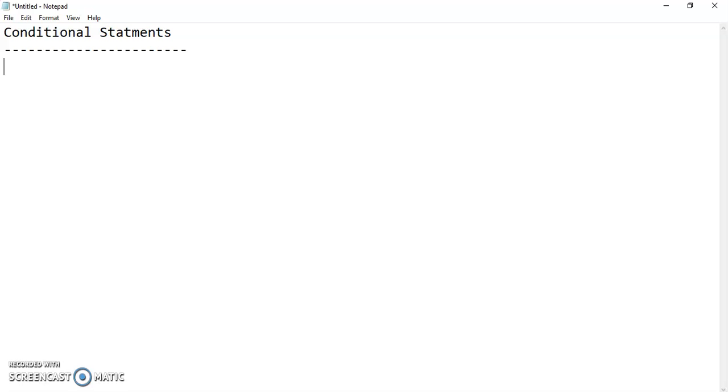So when we use conditional statements in Java, whenever we have to check any condition, we have if, else in Java, or we have something called switch case. To avoid multiple if else if statements, we can go for switch case. So let's see one by one. Let's see the conditional statement if else if by an example.